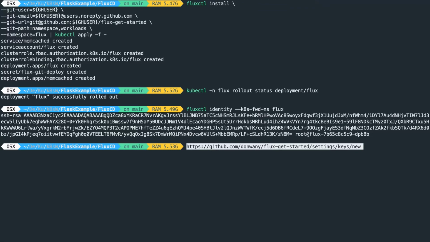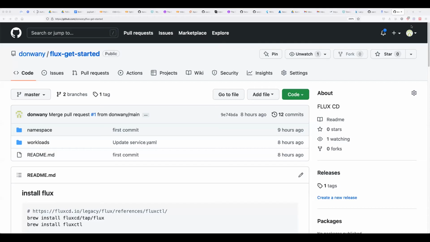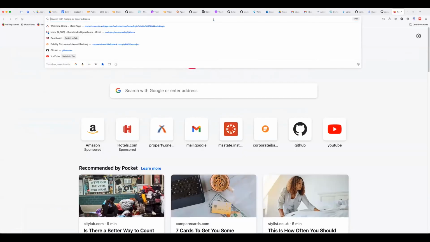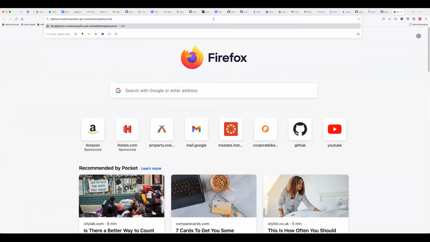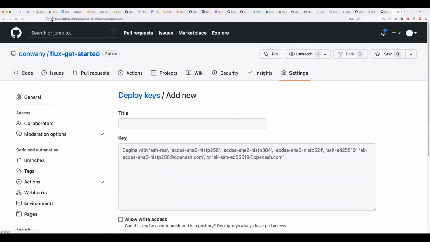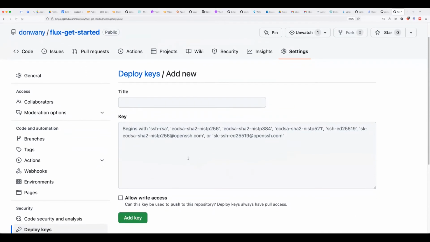So let's go to that screen. I'm going to create a new tab and then paste in that URL, HTTPS. Now you see it brought me to this page from the settings. So I'm going to title it